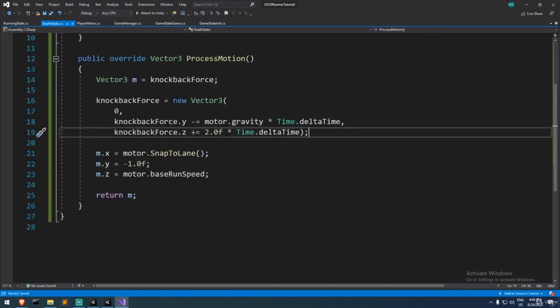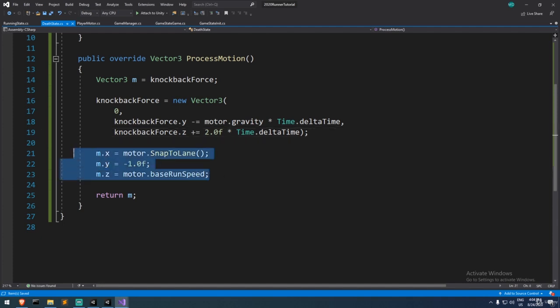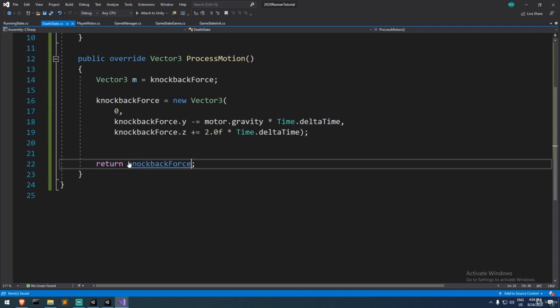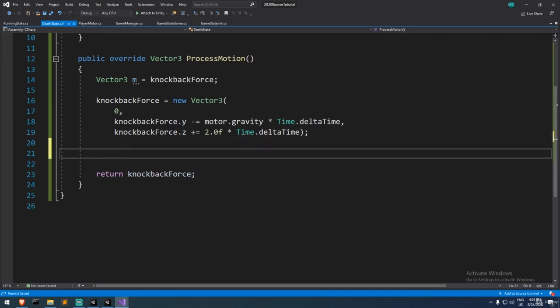And do we need to do anything? I don't think we're going to need to do anything here. We can just return the knockback force. Actually, we're going to need to do something here. We're going to have to make sure that the knockback force